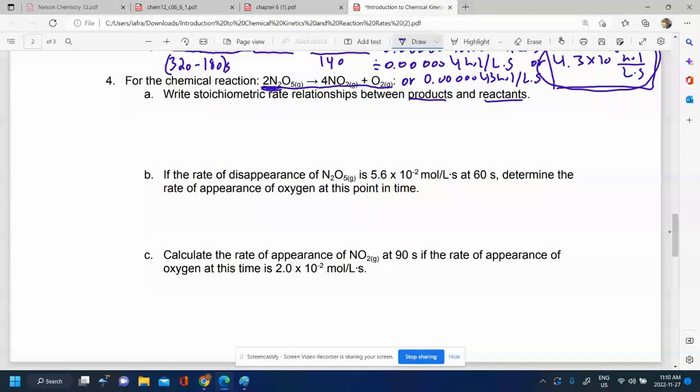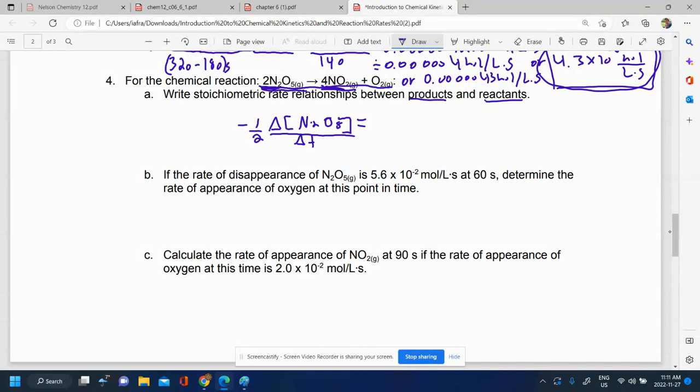We're going to start off with our reactant. A reactant, remember, we'll expect a negative number. So to make it not negative, we put a negative in the front. So we'll have negative, and then we're simply going to put 1 over the coefficient there. So negative 1/2 of the change in the concentration of N2O5 over the change in time, delta T, is going to be equal to